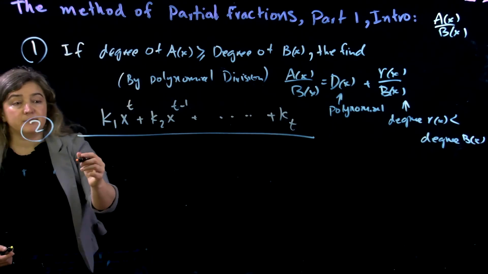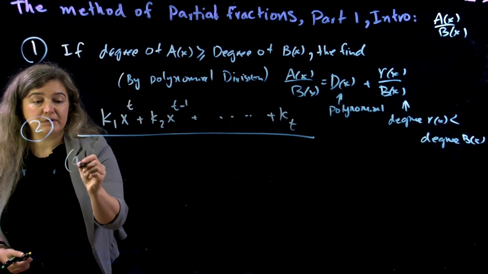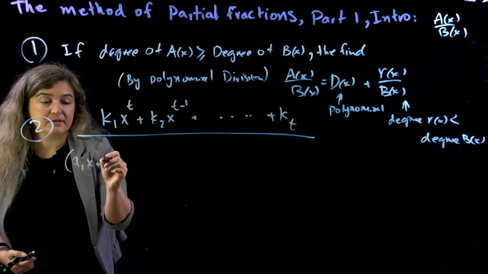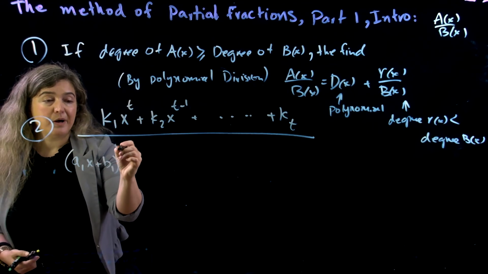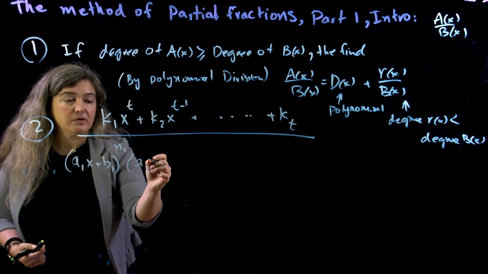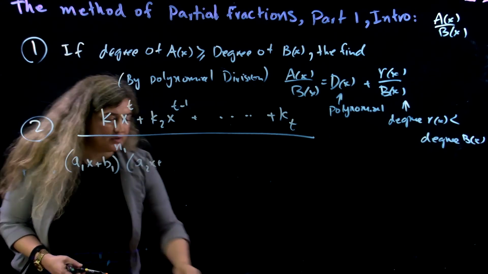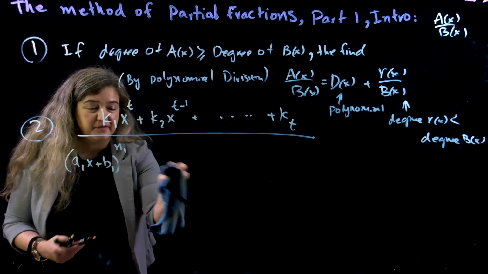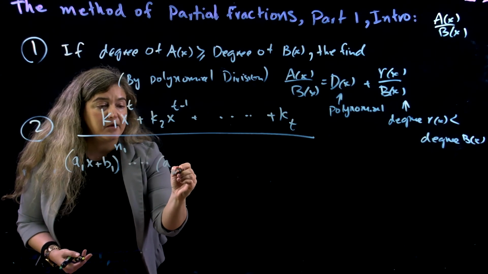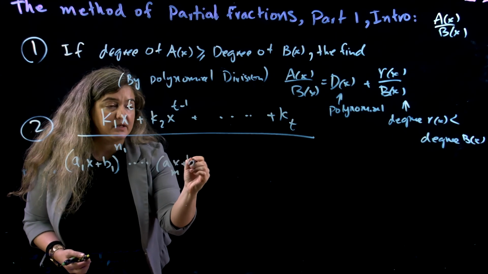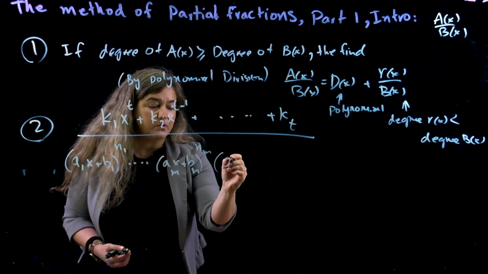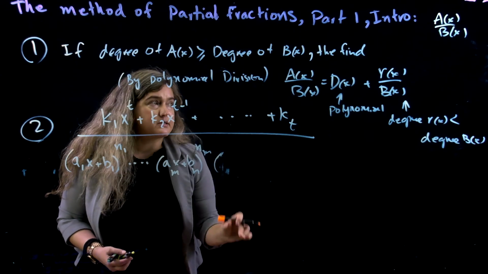And then the denominator is going to be of that format that we discussed, a1 x plus b1 to the power n1 and a2 x plus b2, all right, let's skip a few, and a m x plus bm to the power nm,